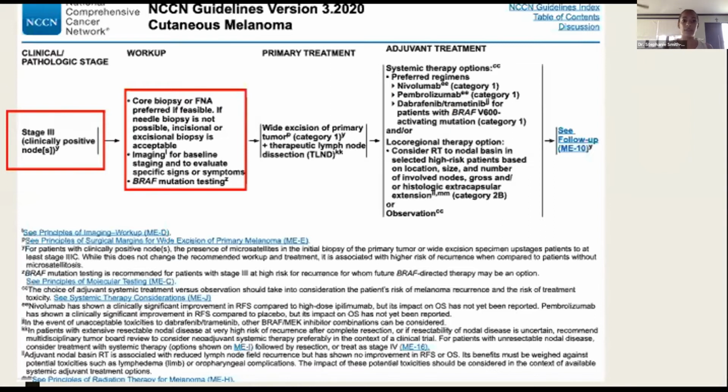Of course, you would want to send for your genetic testing, and through one of our partners, we do offer this free of cost to our patients. So as I mentioned before, BRAF is the most common genetic mutation in non-acral melanomas, but they can also be tested for the KIT mutation, which would be more common in the acral melanomas.